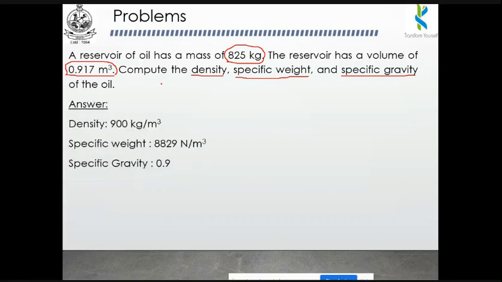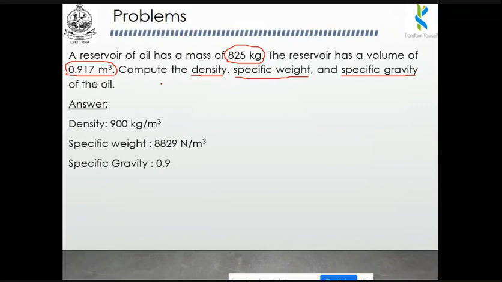Okay. So the answers. This is the answer. But you have to show me the calculation procedure. You can make a note of these answers. So this will be the answer for this problem. This problem is a homework problem. You have to solve this problem for our next class. It is a simple thing, just three formulas.